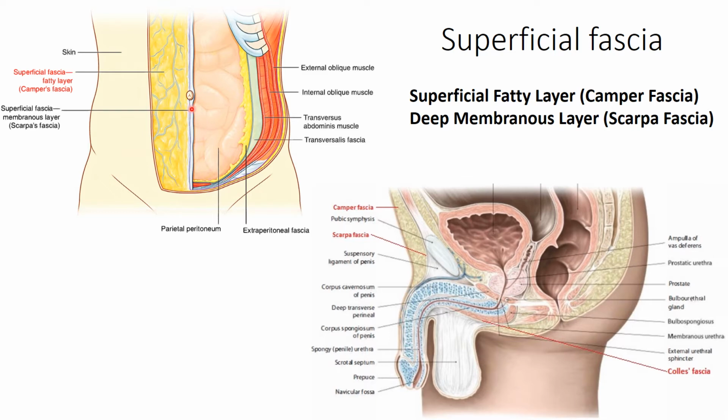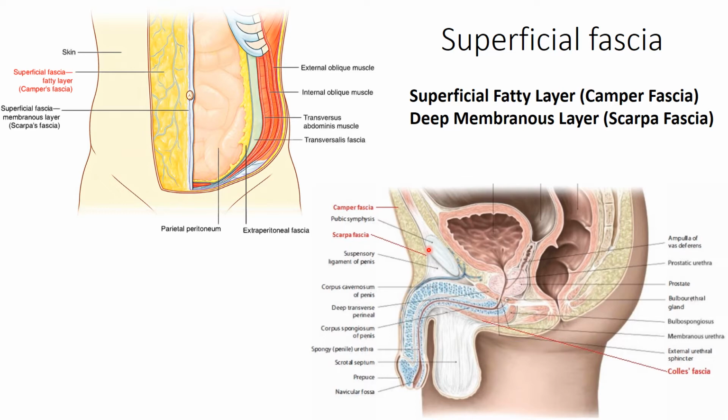Now next, this deep membranous layer, which is the fascia of Scarpa, contains plenty of elastic fiber and is loosely connected by areolar tissue to the aponeurosis of the external oblique, and in the midline it is intimately adherent to the linea alba and pubic symphysis. Inferiorly, this membranous layer passes onto the front of the thigh, where it fuses with the fascia lata, 1 finger breadth below the inguinal ligament. So it is not continuing up to the thigh.